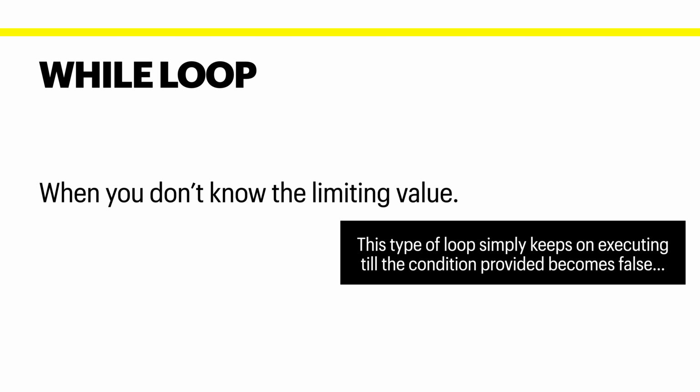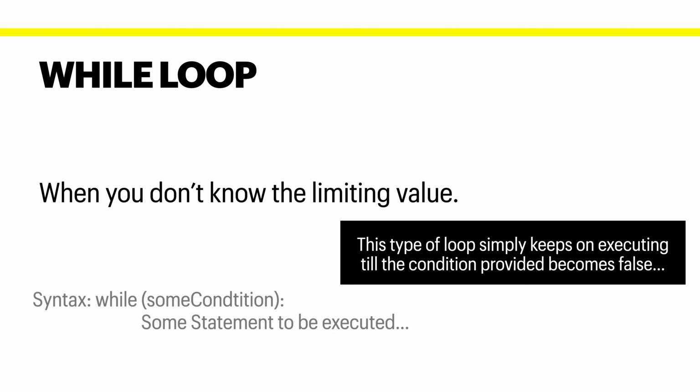Now, how is this while loop executed? The given condition is first evaluated and checked if it is valid or invalid. But before going on with that, let me just show you the syntax of the while loop. So this is the syntax of the while loop. You have to write the keyword while and then you need to add a parenthesis. Now this parenthesis is optional. You can directly write the condition, but adding a parenthesis is a good habit.